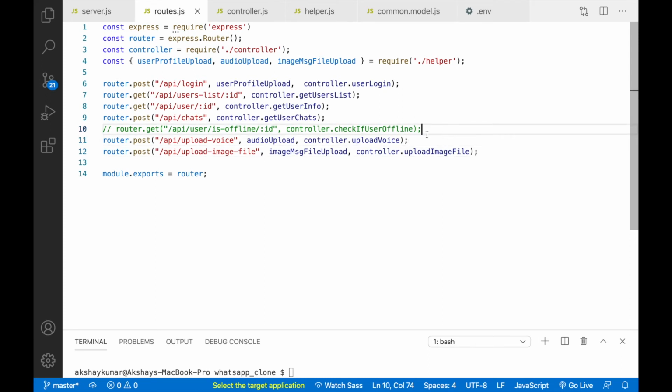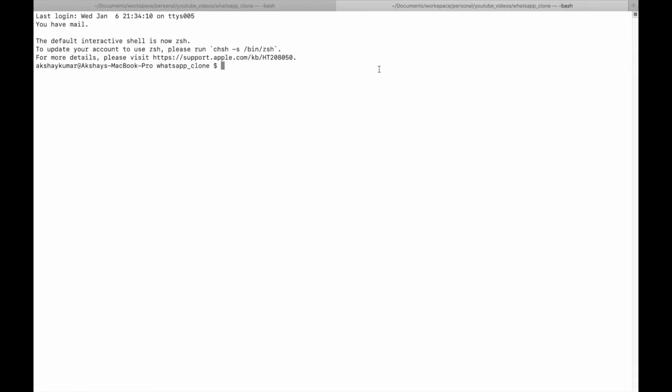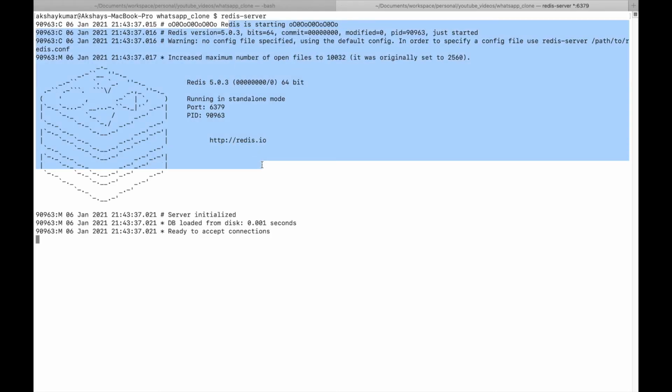So for this API, check if user online, first we have to know something about Redis. Okay, let's go to the terminal. I will just open one more terminal here. Run the Redis server. Once the server is started, we'll open another terminal, and here we'll write redis-cli. There are some basic commands. So let's say FLUSHALL to flush everything from Redis.